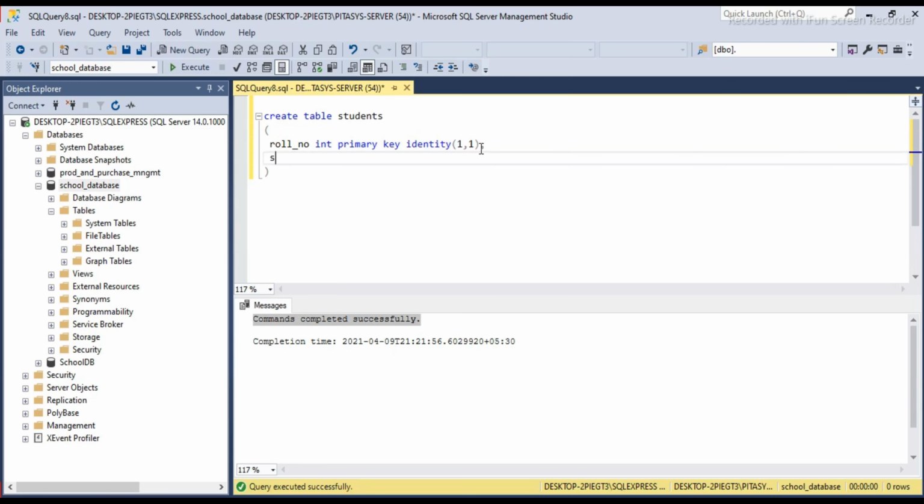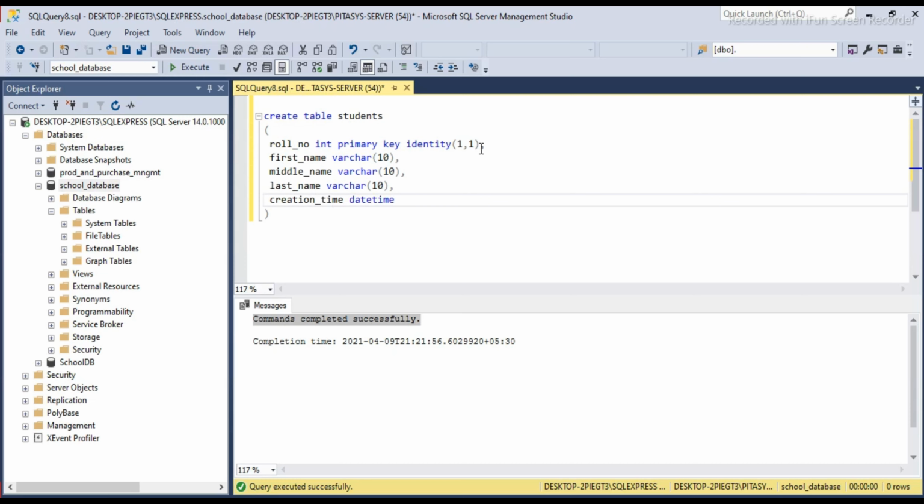Now student name: first name, middle name, varchar of 10, last name, varchar of 10, creation time of type datetime, updation time of type datetime.